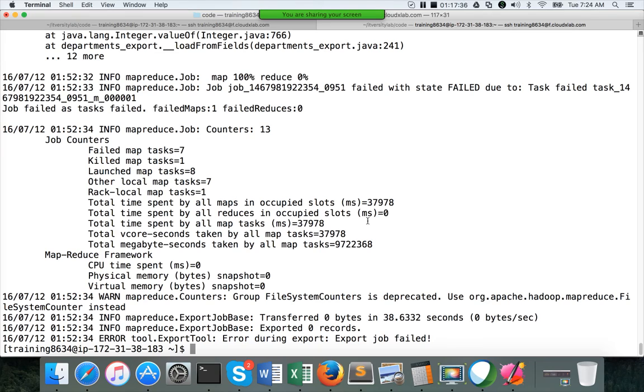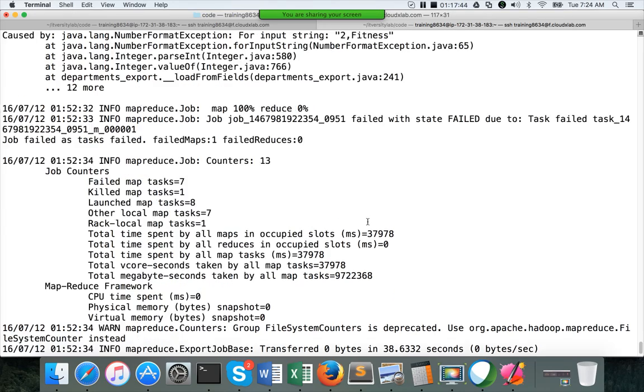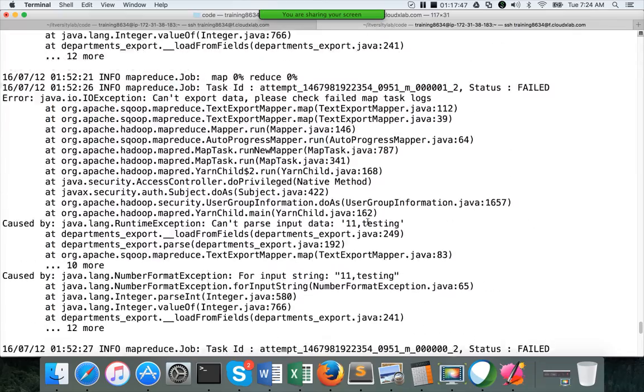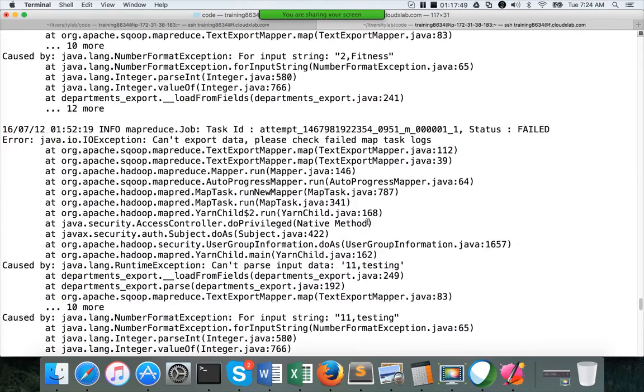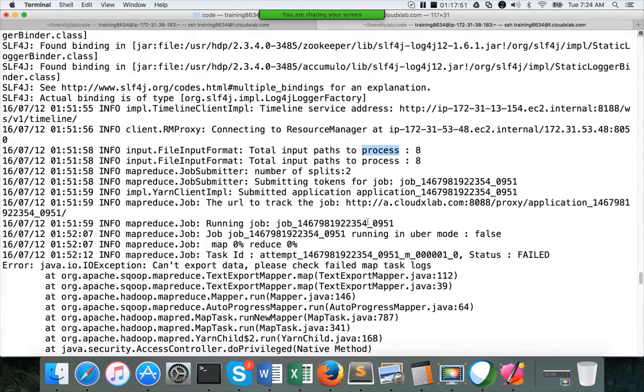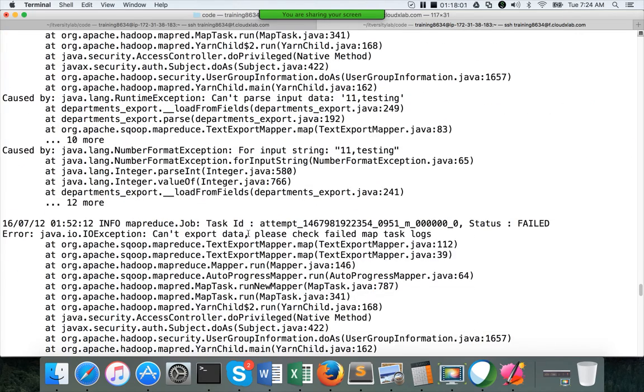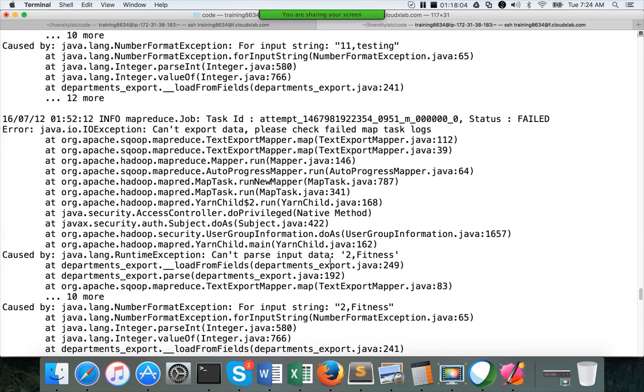Because I ran a sqoop import multiple times on the same directory, data got messed up. One set of files are using one type of delimiter, and the other set of files are using another type of delimiter. So in this case, if you want to troubleshoot, again it's a MapReduce job. Just use this URL and go there, go to the resource manager, go to browser and paste this one, and eventually you will understand where the issue is.